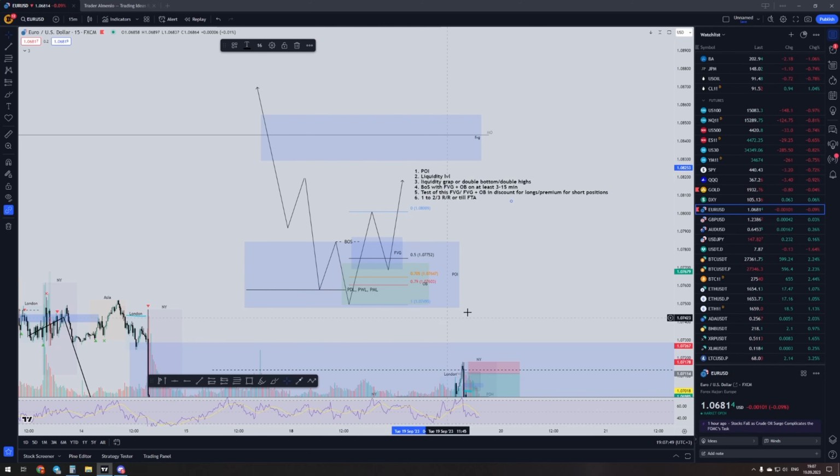So: point of interest, liquidity grabs like daily, weekly, monthly, all this kind of stuff. Then a break of market structure with fair value gap and possibly order block on at least a 15 minute. It can also happen on the 1 minute, it's possible, but it's better to use higher time frames, at least 5 minutes. Test of this fair value gap will be happening in premium or discount market,